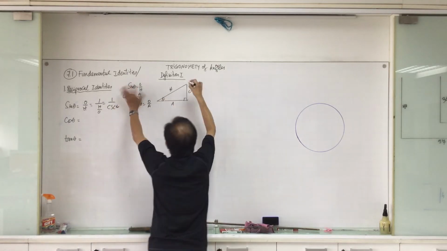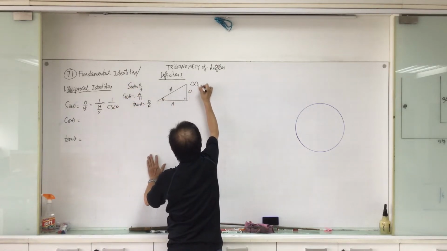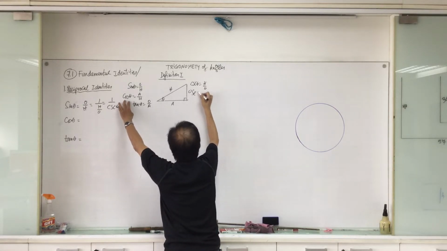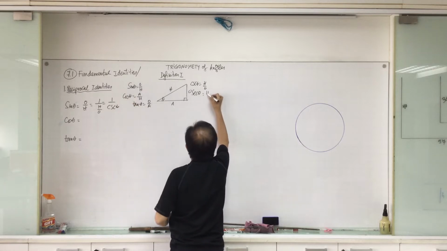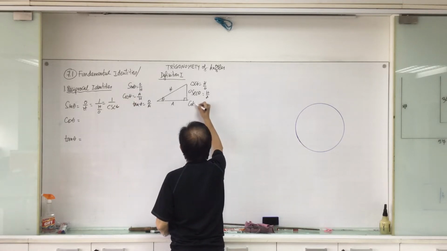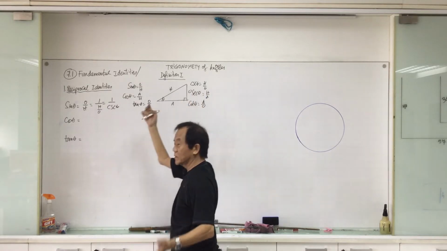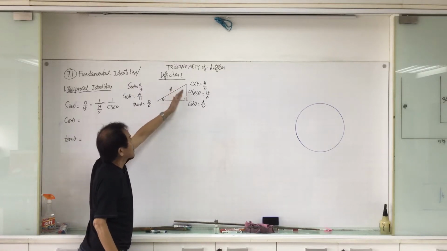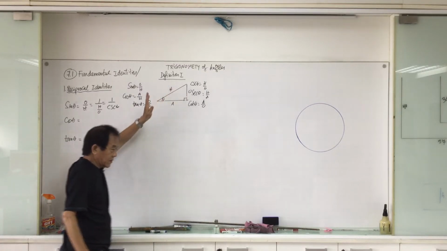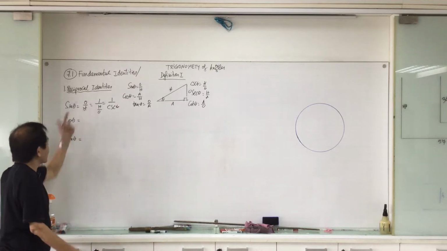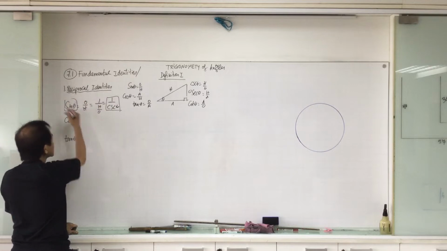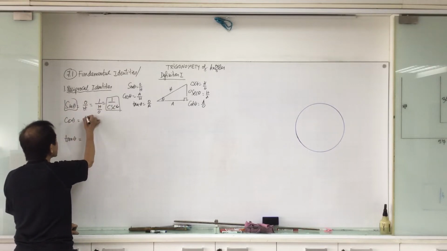So now the definition here is cosecant theta equals h over o, and secant of theta equals h over a, and cotangent of theta equals a over o. So this is just a definition. We don't have to prove anything. We name the ratio of the six ratios between all the sides in the right triangle. So give the name. So from that name, we see that sine is reciprocal of cosecant,